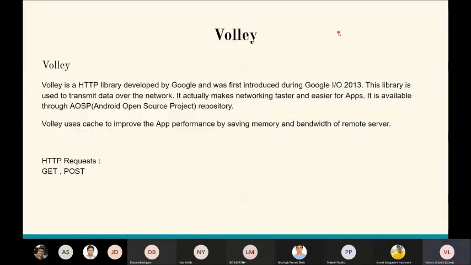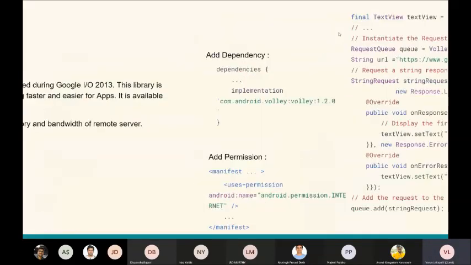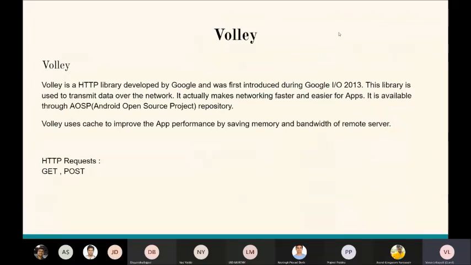In our Android, we are using Volley. Volley is a library which helps us connect to a web service and directly contact your website, which is present anywhere. It can be deployed even on your local server, and Volley will be able to handle it. It can be a local server or deployed in Heroku or somewhere else. Volley can handle many types of requests like get request, post request, put request, and delete request. So it works extremely well.